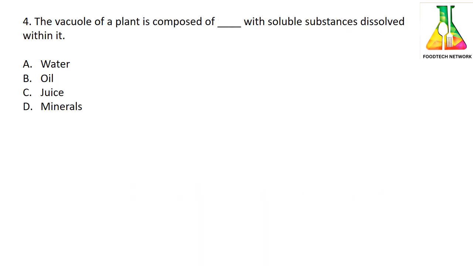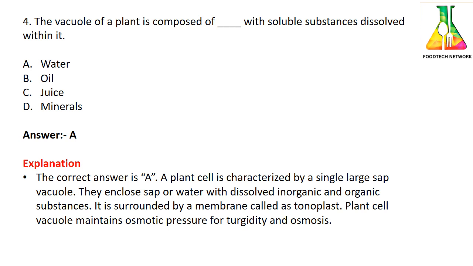The vacuole of a plant is composed of dash with soluble substance dissolved within it. Option A water, option B oil, option C juice, and option D milk. It is option A. A plant cell is characterized by a single large sap vacuole, and they enclose a sap or water with dissolved inorganic and organic substances. It is surrounded by a membrane called a tonoplast, and the plant cell vacuole maintains osmotic pressure for turgidity and